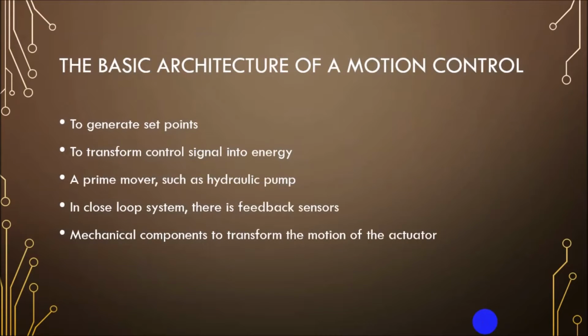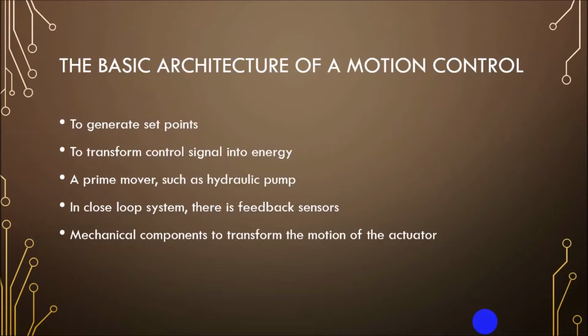Now I'm Shiva. I'm going to explain about the basic architecture of a motion control. First, a motion controller to generate set point, the desired output or motion profile, and in closed loop system, close a position or velocity feedback loop. The second is a drive or amplifier to transform the control signal from the motion controller into energy that is presented to the actuators. Newer intelligent drives can close the position and velocity loops internally, resulting in much more accurate